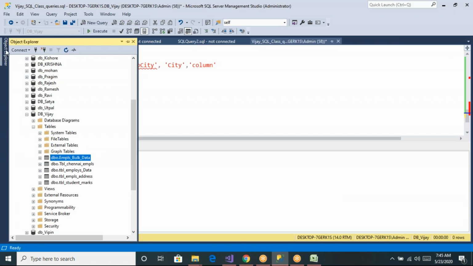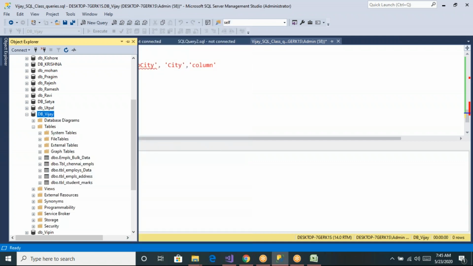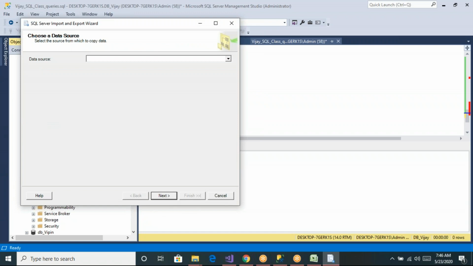Let us right click on this DBVJ and select Import Data. If a table with the same structure is already present, we can import into the existing table also.